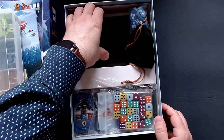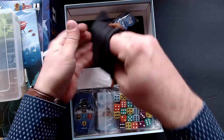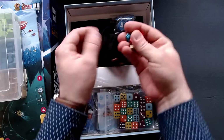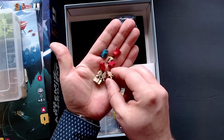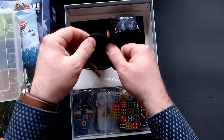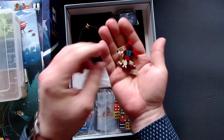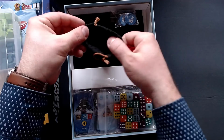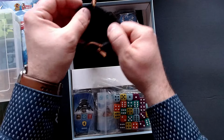Okay, and then we have something. Okay, then let's continue here. This is the bag where you have the workers in here that you can pull out. I think these workers, the different colors, do have different functions. I think that's how it works. And well, the bag is just full of workers. There's lots of those in there in different colors, as you can see here. So I don't know if the camera can capture that, but it's a lot of workers in there, and